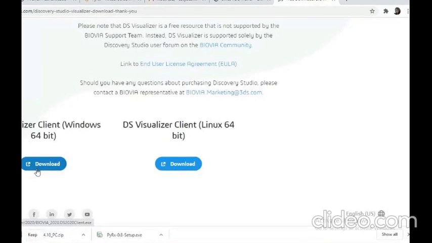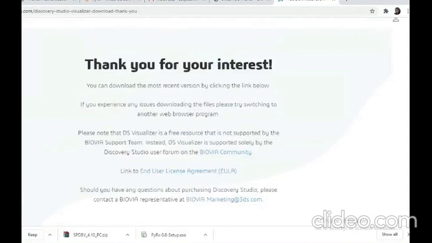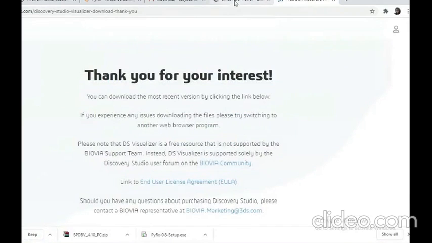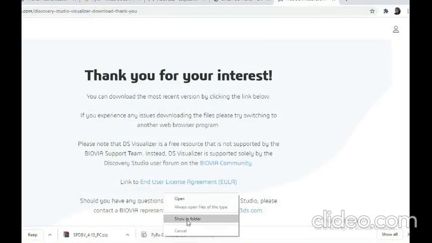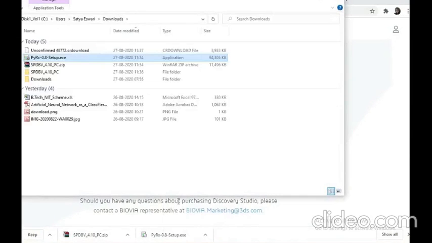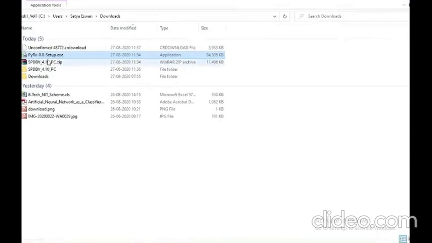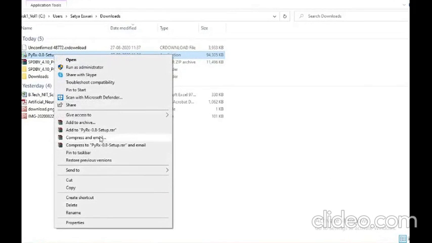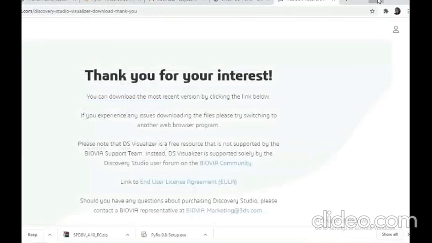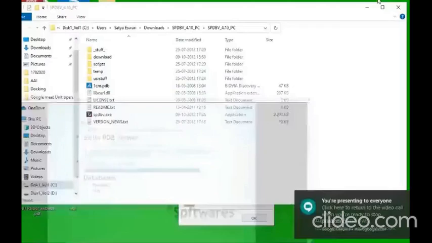This is how we will be downloading BioVia, and Swiss PDB is downloaded. It will take some time to download. PyRx is the software where we will use AutoDock Vina, and molecular docking studies can be shown here. Right click, run as administrator, and we can get it. But I already installed it.